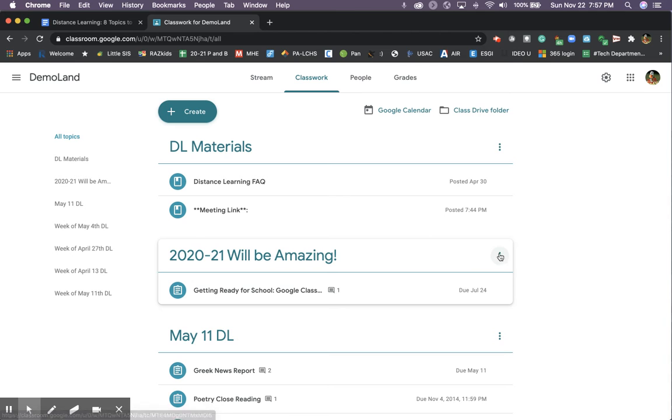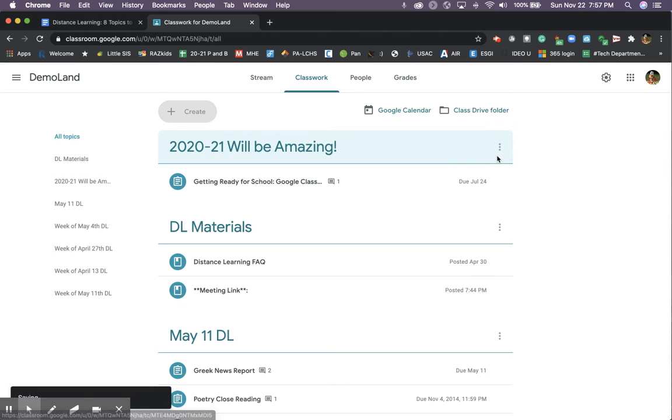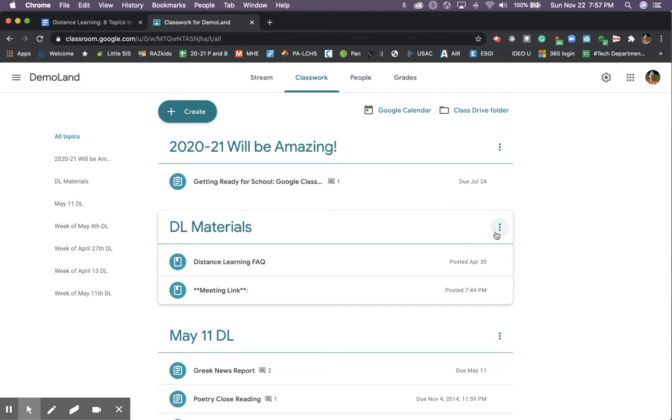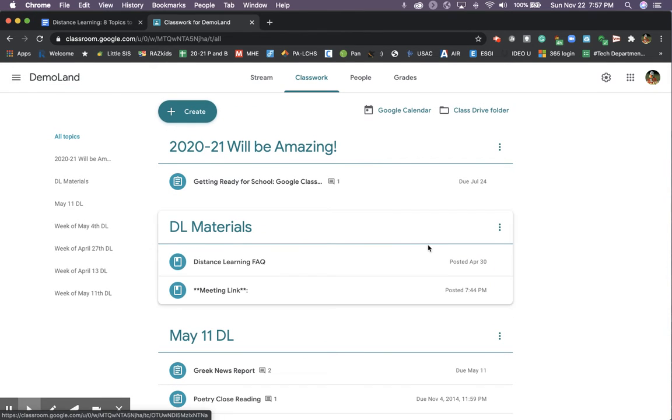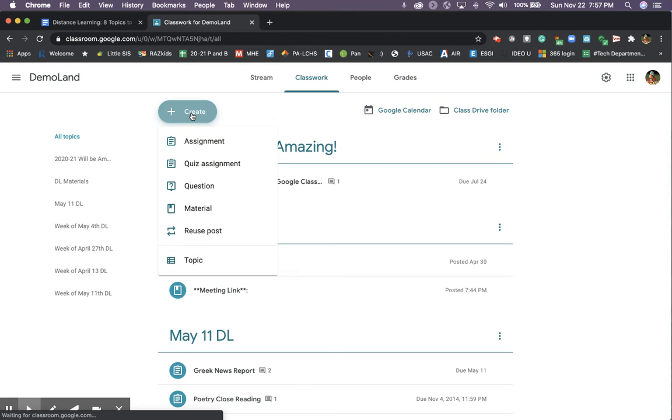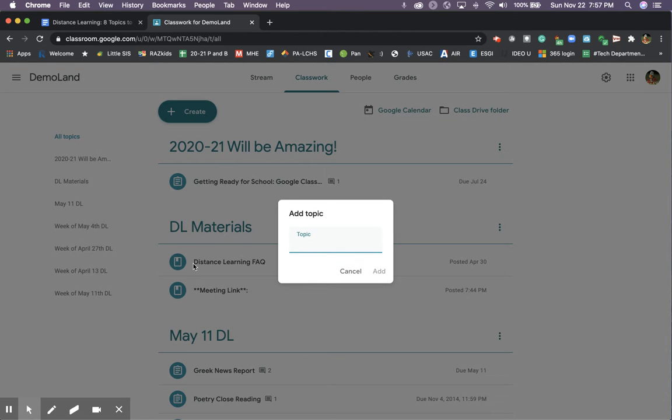But once you do have things sorted, you have the ability to move around these categories, which is super helpful for you and the kids to keep track of everything. The other thing that I wanted to show you, so that's topics. And so if I were creating something new, I could create an assignment or any of these things. I can create a topic. I would click on topic and I would say